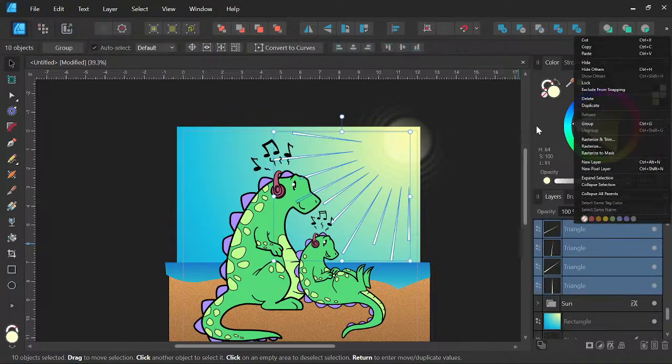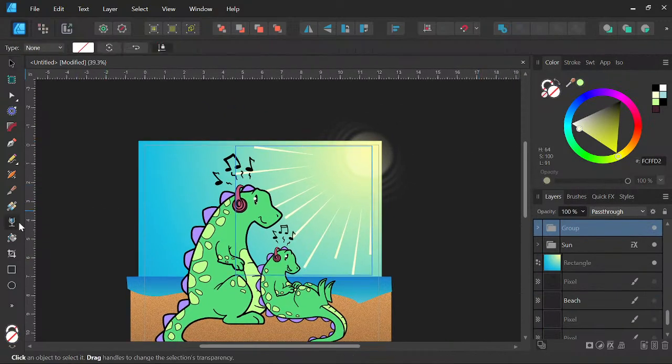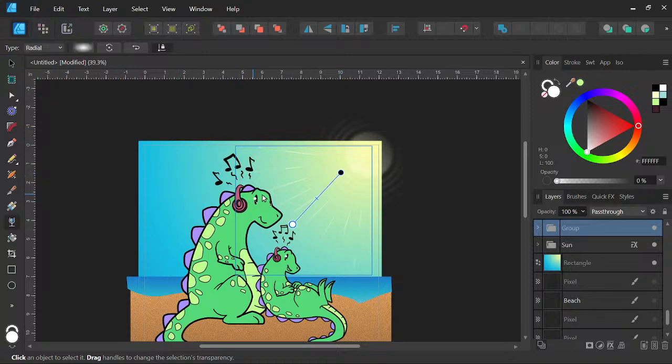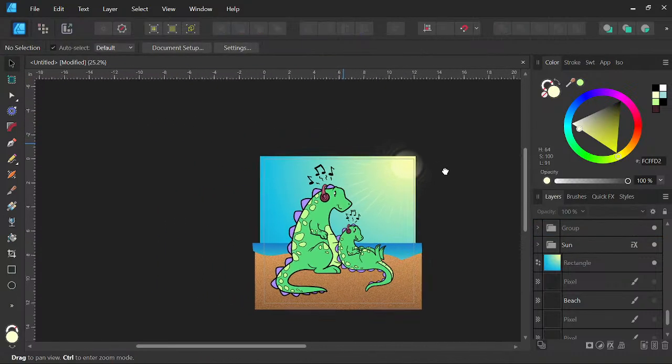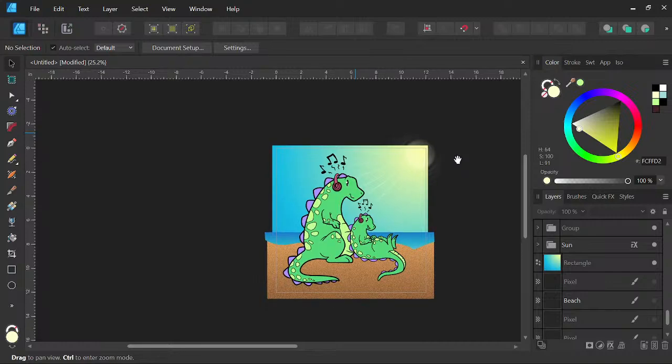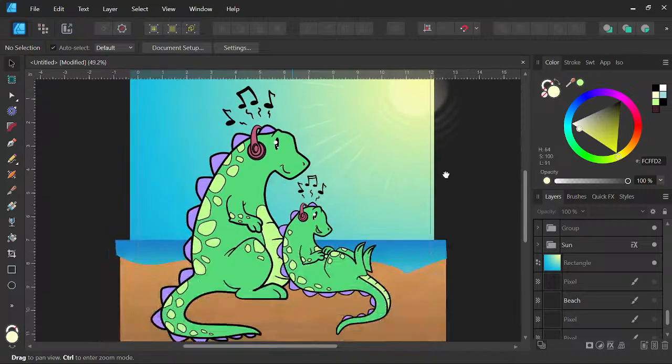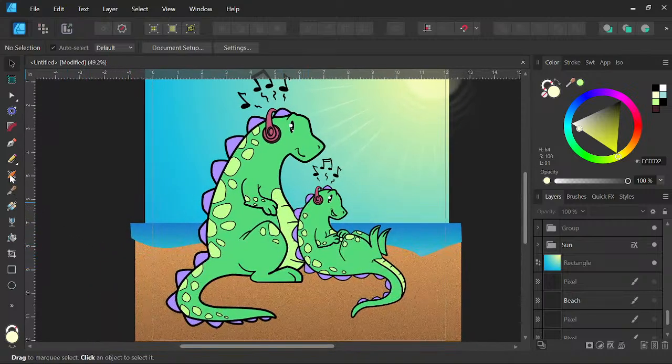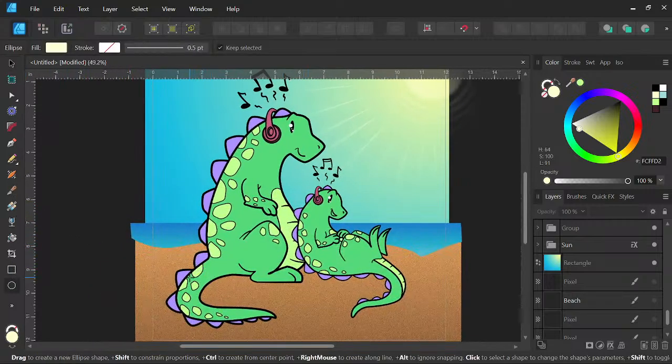I'm going to group them. I'm going to come to the transparency tool and do just that. Let's try radial quick. Yep, radial. Pull that down. That we could get some